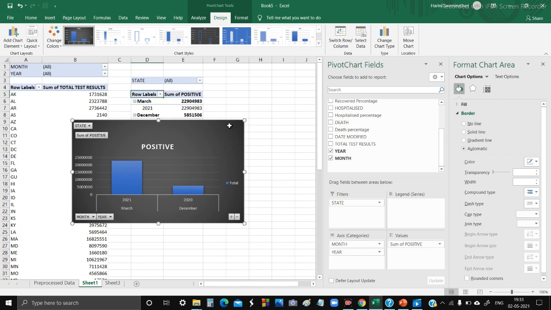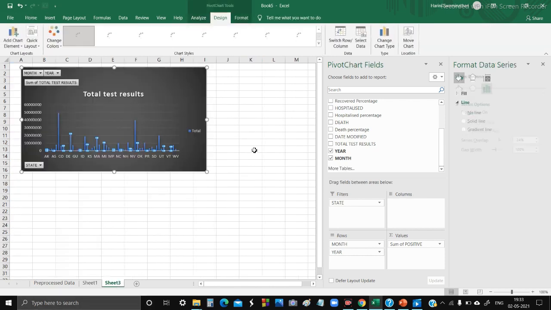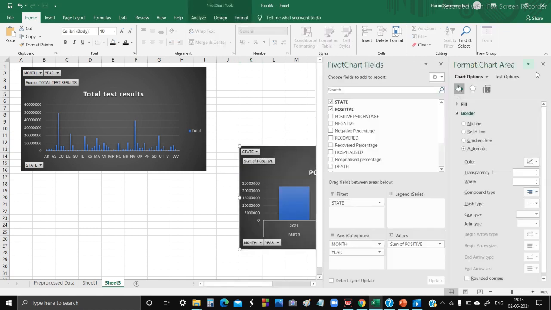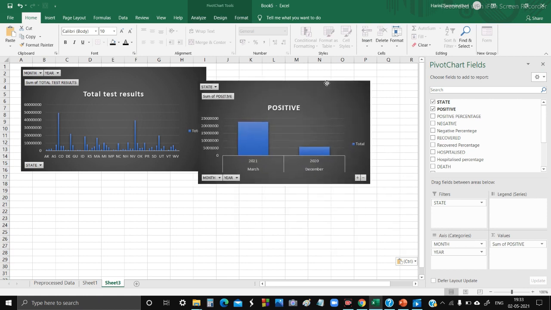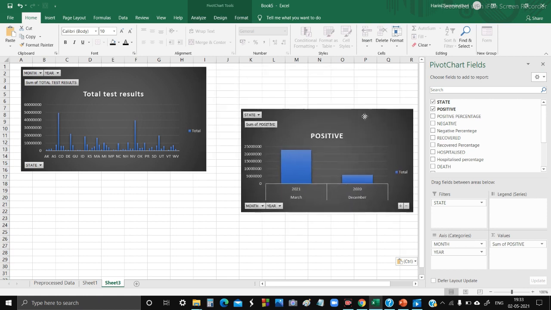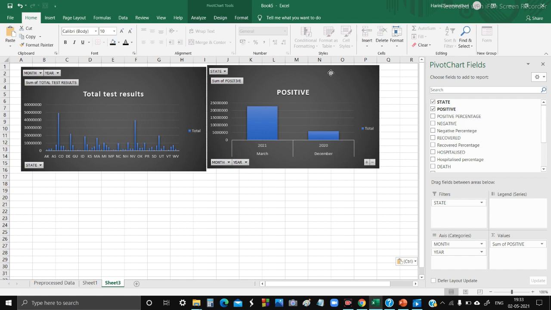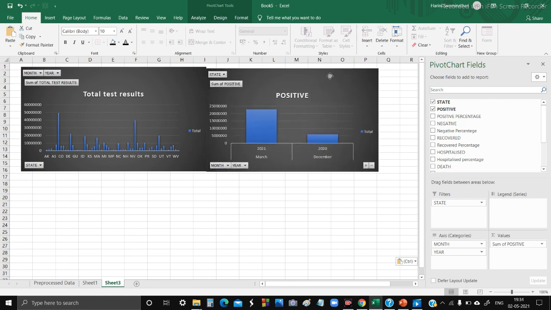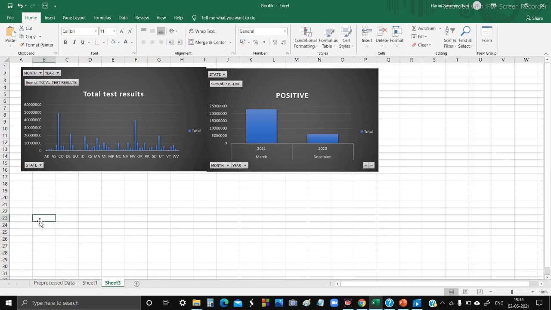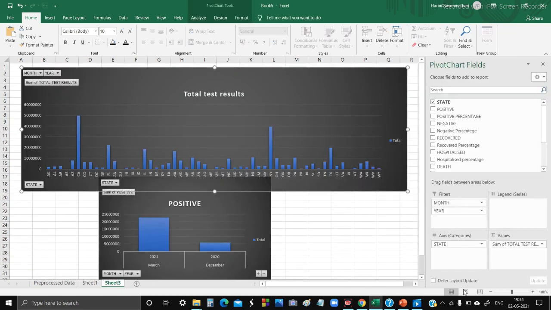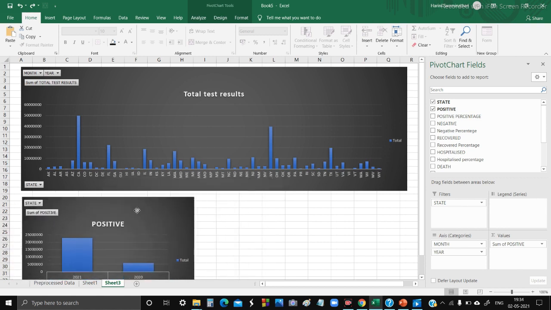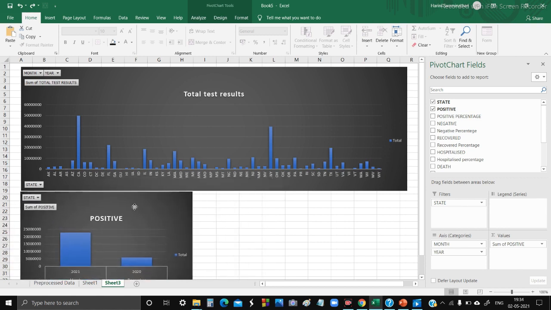Now, cut this chart and paste it in another sheet. Align it in a presentable manner.